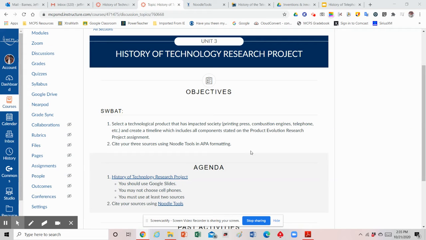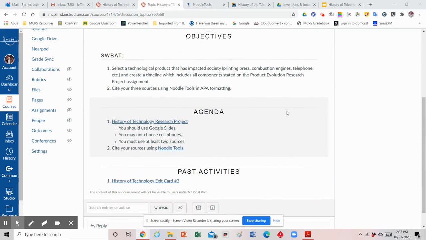Hey everybody, I'm going to go ahead and show you how to cite your sources using APA formatting for your History of Technology project. The first thing you're going to want to do is either on today's announcement or you can go to the History of Technology Research Project assignment, and you're going to scroll down to